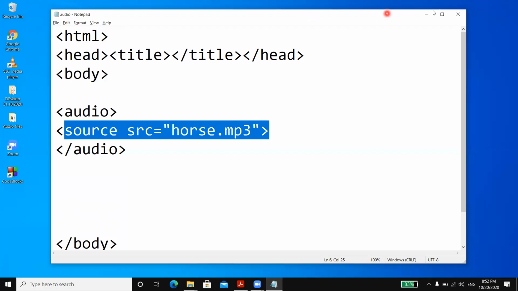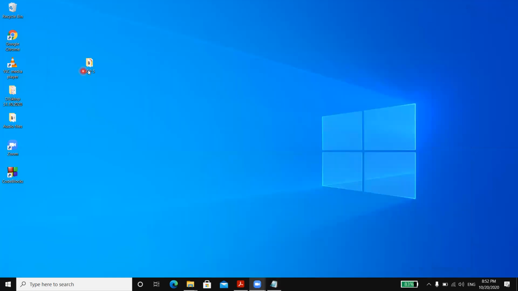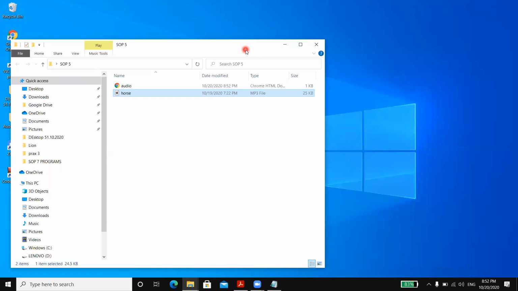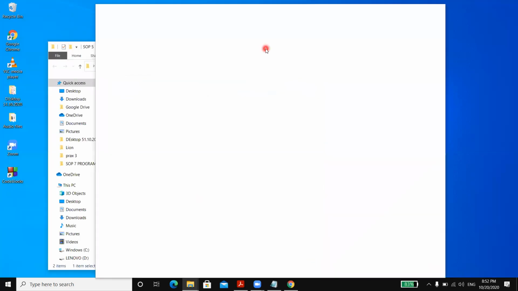Let's check what happens when you try to play this file. Now I have not written anything that can show the control or play a file a number of times. So when I open this page, I will try initially using the Google Chrome browser itself. So double click and let's check what we get in the output. It might take some time depending on the speed of the internet. Yeah, the browser is opening.